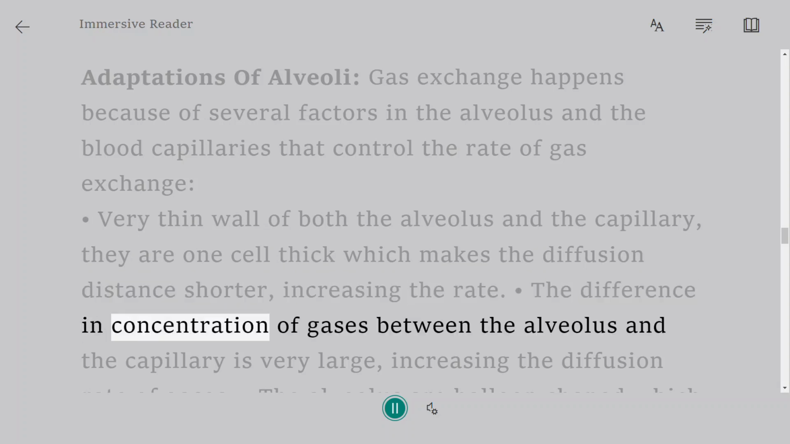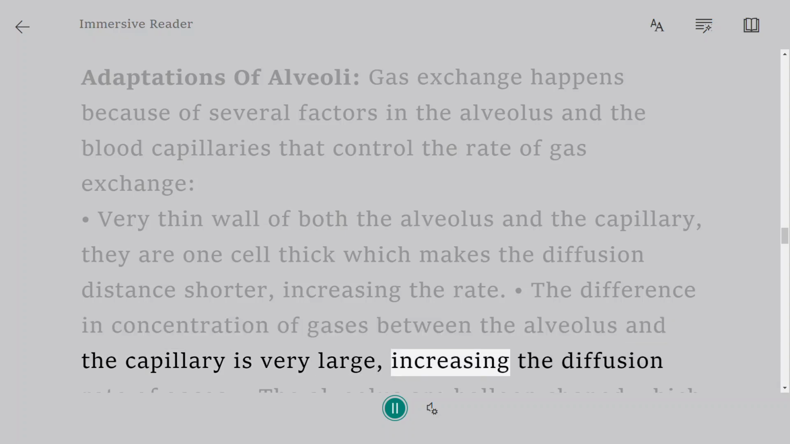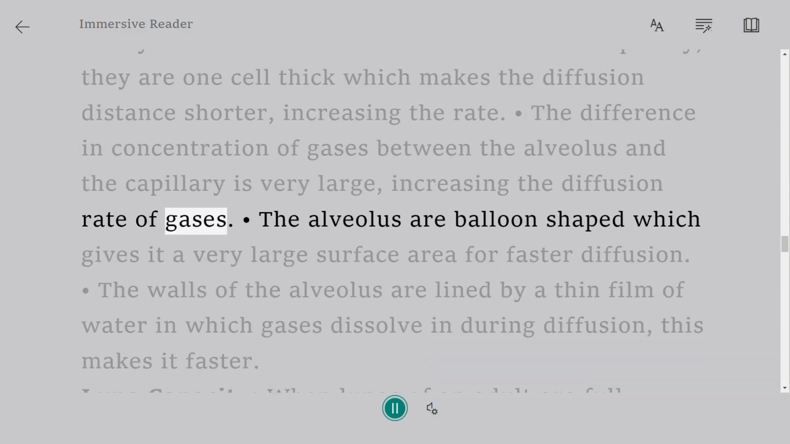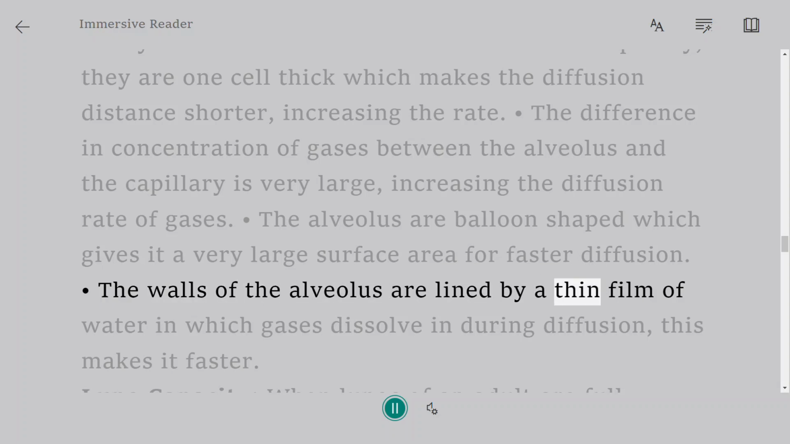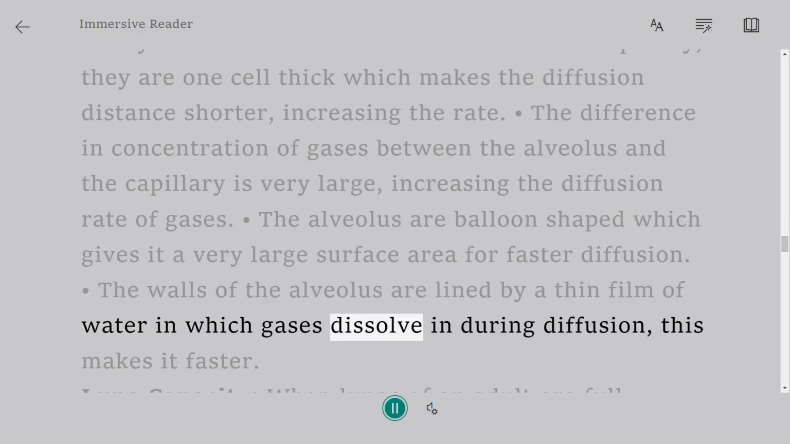The difference in concentration of gases between the alveolus and the capillary is very large, increasing the diffusion rate of gases. The alveoli are balloon-shaped, which gives them a very large surface area for faster diffusion. The walls of the alveolus are lined by a thin film of water in which gases dissolve, and during diffusion,